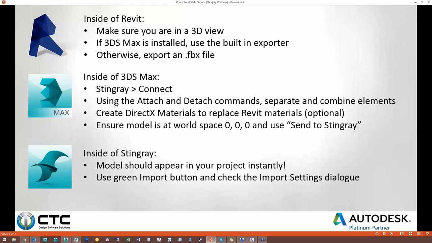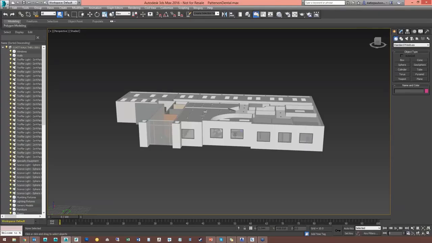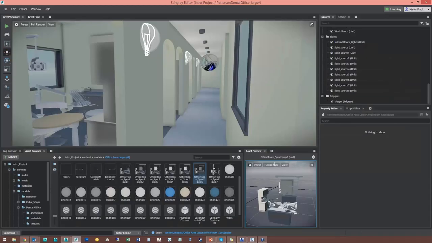If you want, we can make future tutorial videos on how to do some of these things, what to attach and detach. Essentially, you just want it to be in simplified objects. Like a chair should be one object, all the walls should be one object. It's kind of something that's a little different to wrap your head around, and it's not the topic of this demonstration. So once we have everything we need sent to Stingray, then it's just as simple as dragging and dropping them